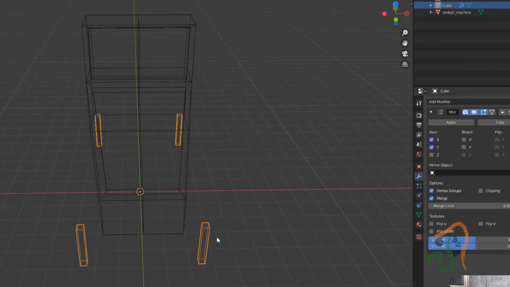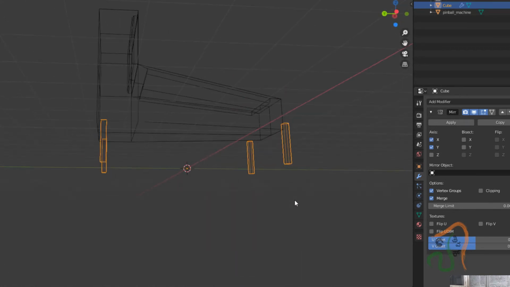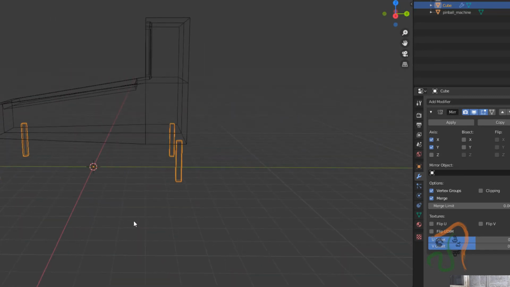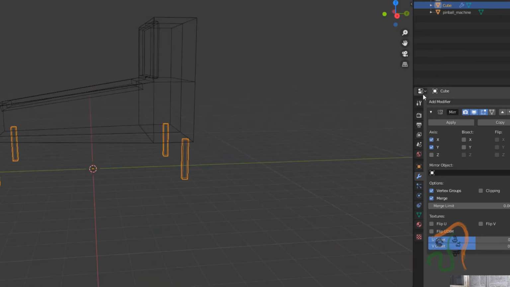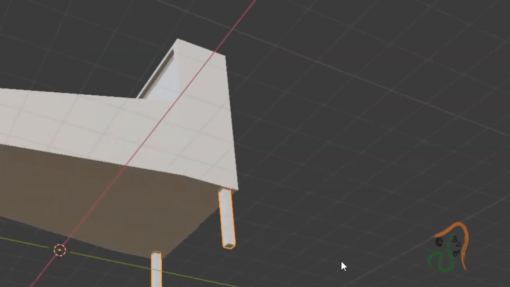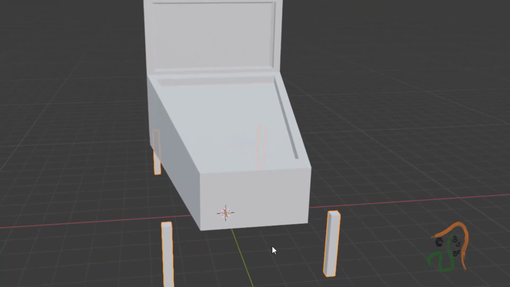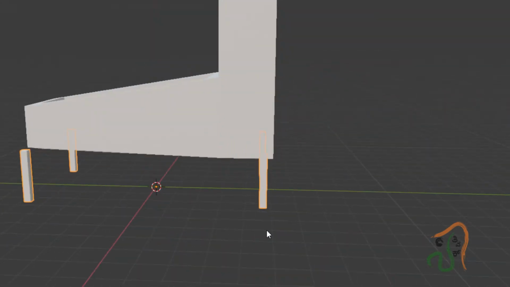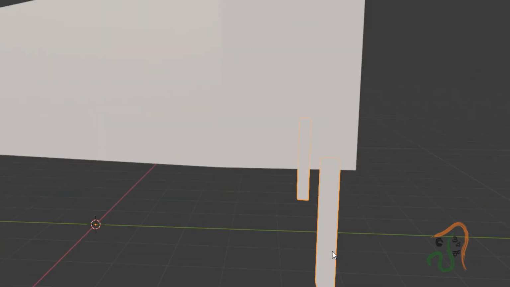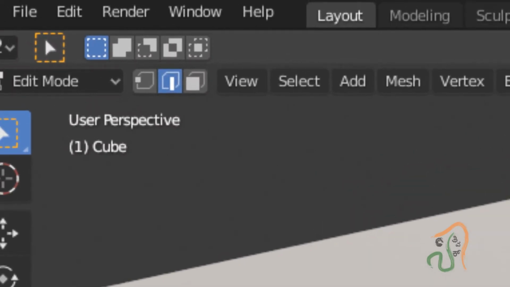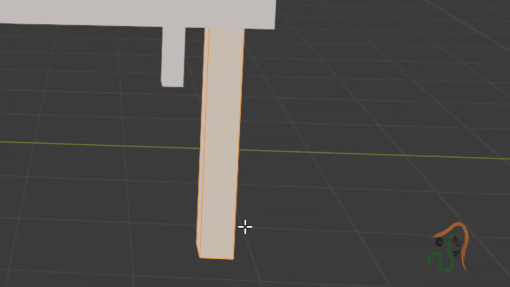Right now, okay, this is fine. Let us come back to shaded view. We have the legs here. Only thing is these two legs are coming out. Let us adjust that later. So basically now select this leg, press Tab and come into edit mode, and press Ctrl R, and let us add one edge loop.